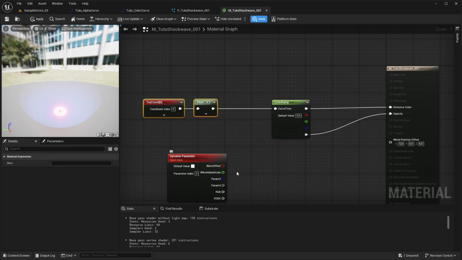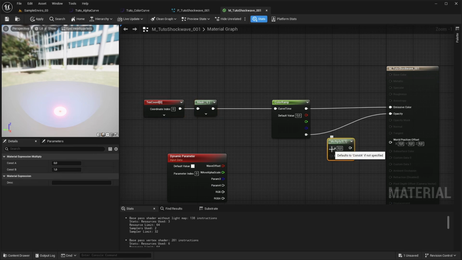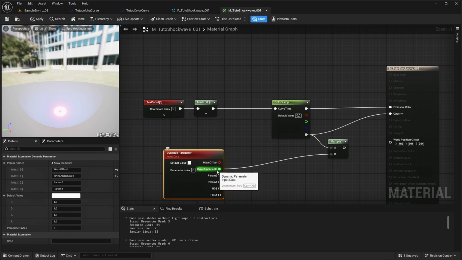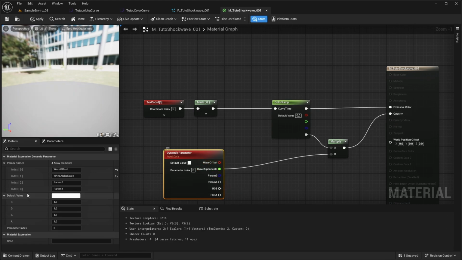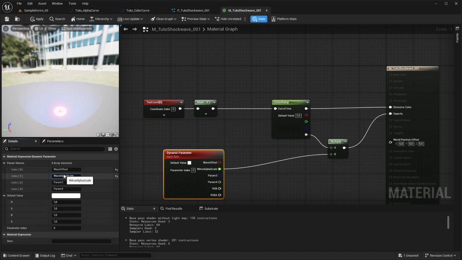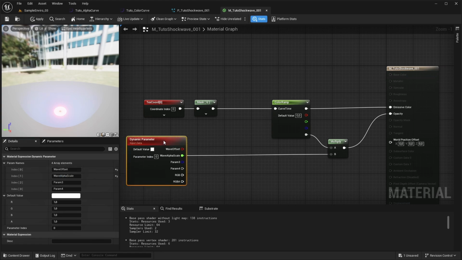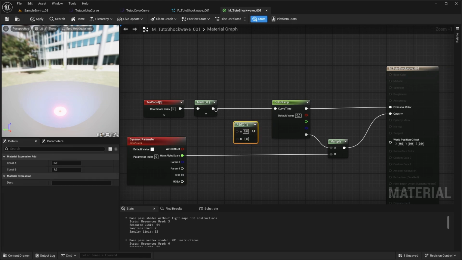So for the alpha scale, we just have to create a multiply node and put the wave alpha scale inside. Oh, sorry, I made a mistake there. Like that. And we can add the offset to the ramp. So just add an add node and put the wave offset on it.